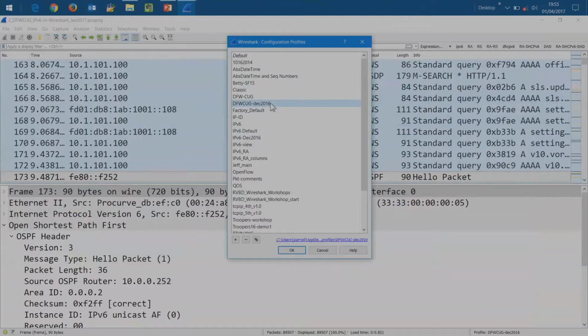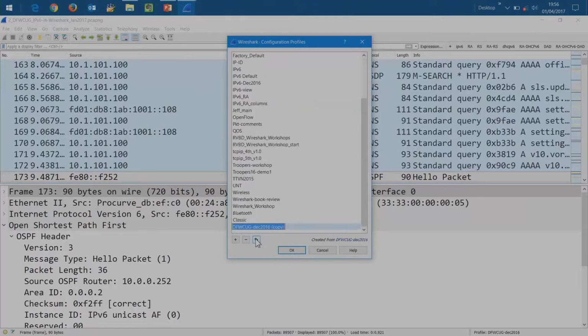So I'm going to build one for today. So literally, I'm just going to do a copy of this profile, or I could create a new. I'll do a copy of it. And I'll rename it from December to January.